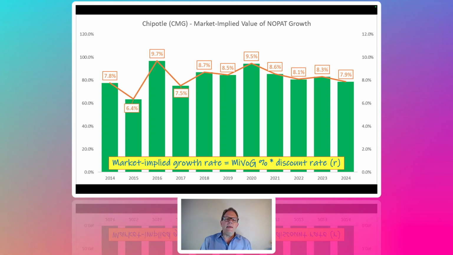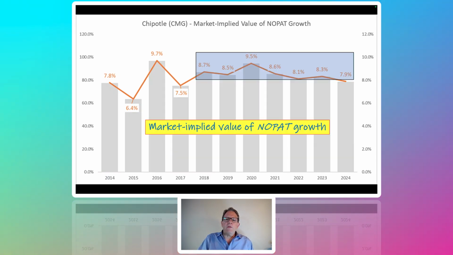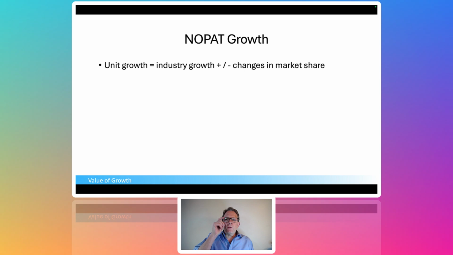It's been in the 8 to 8.5 range for a while. In 2020, when we had big valuations, it got up to 9.5. But if I look over the last 8 years or so, high 8s, low 9s, it's the lowest we've seen. The market implied value of growth right now, as of last week, is the lowest we've seen since 2017, when they were still recovering from the norovirus food safety issue, which I think is interesting. Investors right now are betting that the growth rate at Chipotle is slowing down, for what it's worth. And that's really the focus of today's lecture, those numbers. All right, so let's talk about NOPAT growth.